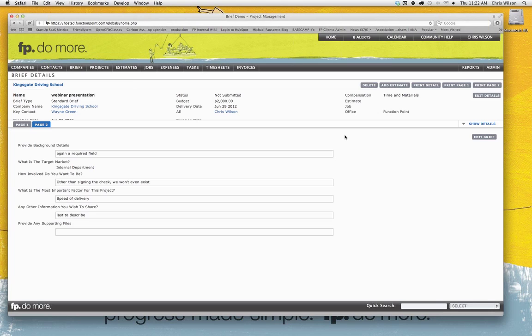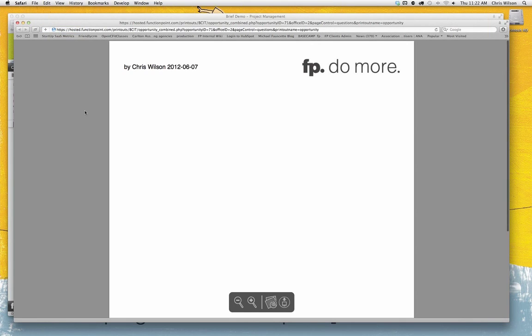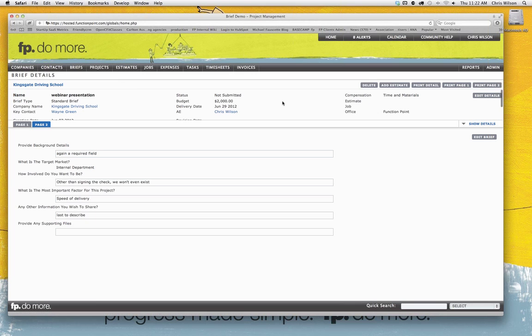I talked earlier when we came to this page about how the action icons in the top right would, if an estimate had not been created, say just that, add estimate. Of course, the print details and printing of either page 1 or page 2 become options for you. Perhaps page 2 is all that you wish to show to a client, or perhaps page 1 is all that you wish to show to a client. You can fill this information out accordingly. So a great little insight into the initial creation of a brief when it's done prior to an estimate or a workflow being planned for any piece of work.